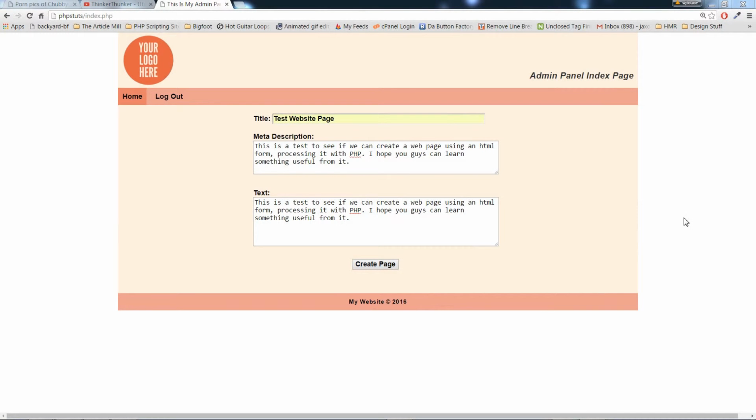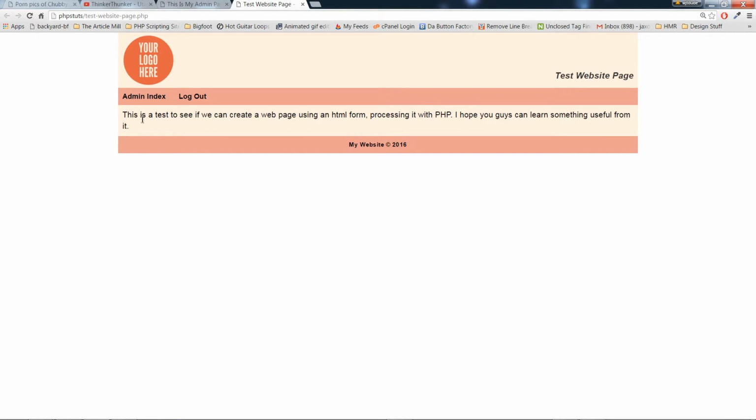Now we'll try out the form, enter in a title, meta description, and the text. And I'm just using the same for both text fields to make it quicker. Create the page, view the page, and there we have it. We have our H1, we have our text,